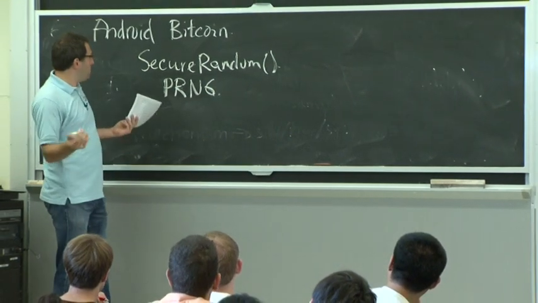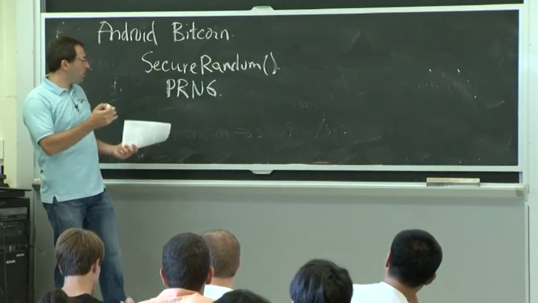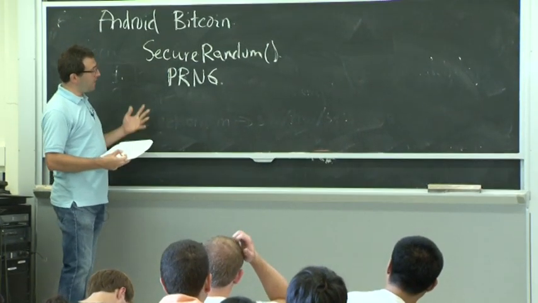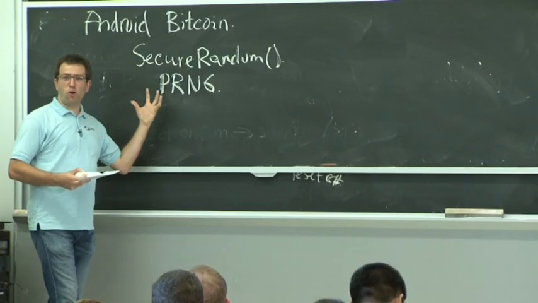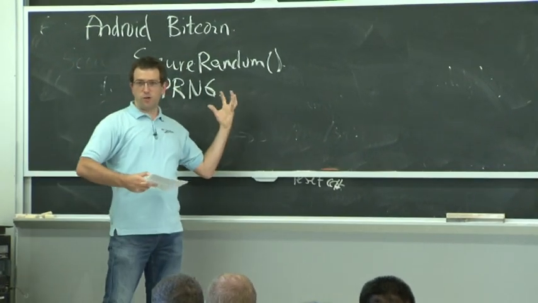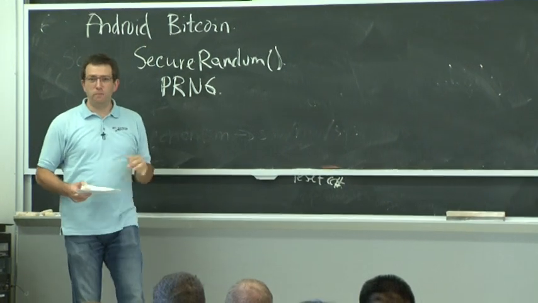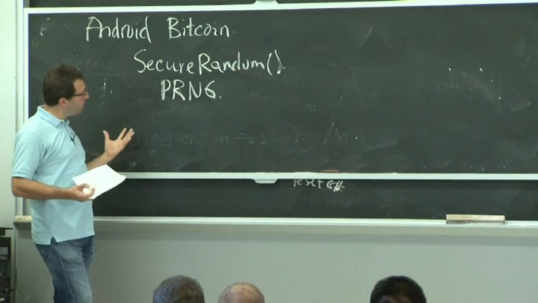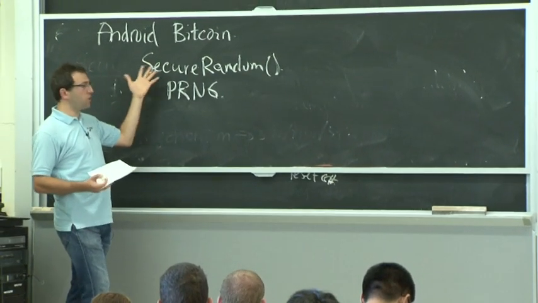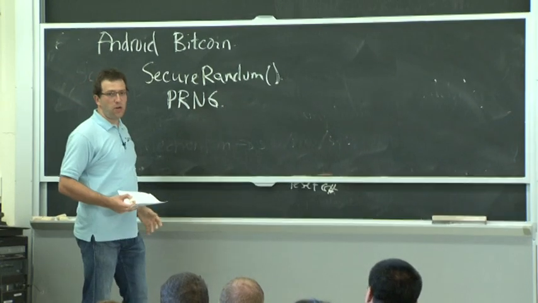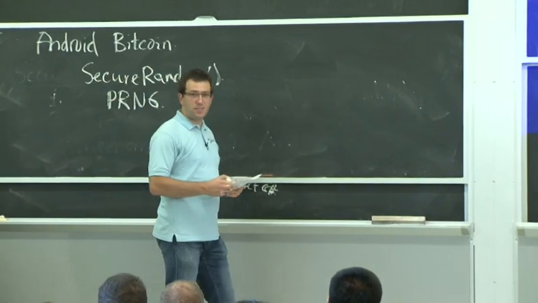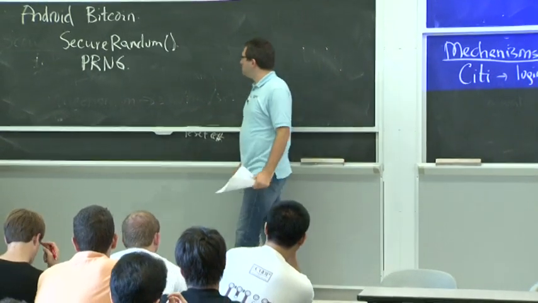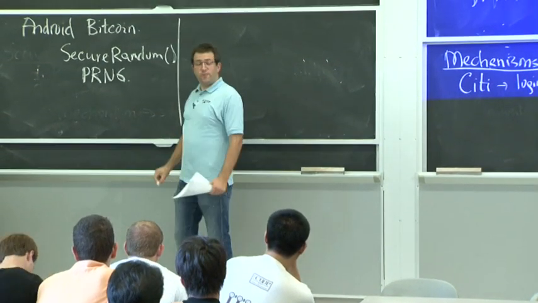So this is again, well, small or not small bug, depending on, I guess, who is asking. But nonetheless, another example of small programming mistakes leading to pretty catastrophic results. Lots of people got their Bitcoin balances stolen because of this weakness. Of course, the fix is pretty simple at some level. You change the Java implementation of SecureRandom to always seed this PRNG with random input bits. And then hopefully you're in good shape. But still, it's yet another example of mechanism failure.